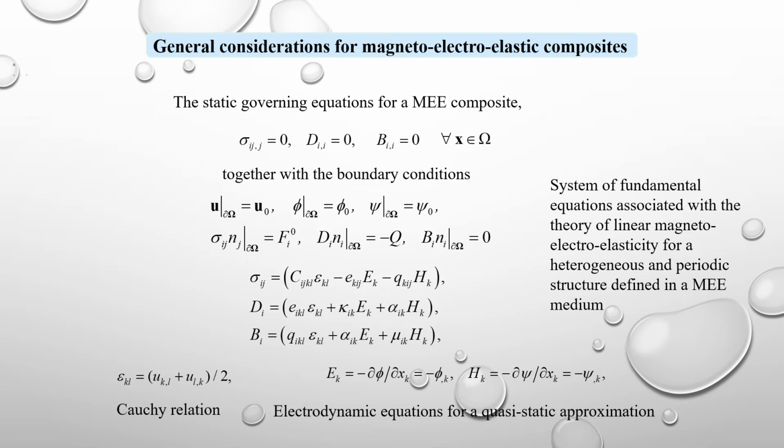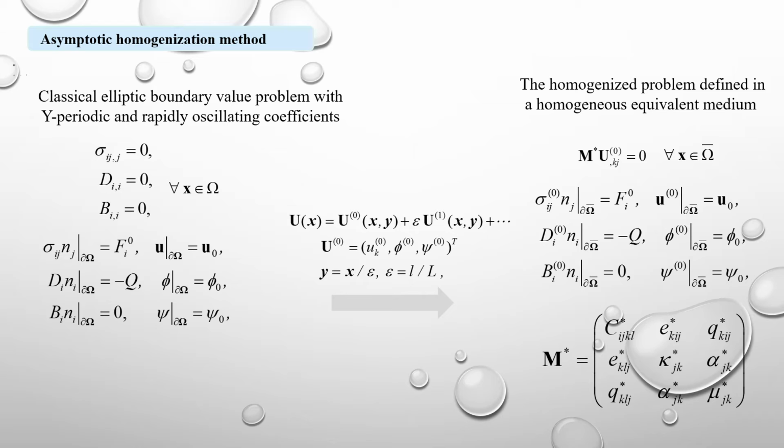In addition, a perfect interface or perfect contact between the phases is assumed. So, by means of the asymptotic homogenization method, the solution of the heterogeneous problem given by a classical elliptic boundary value problem with periodic and rapidly oscillating coefficients is found by means of the ansatz for displacements, electric and magnetic potential as a function of a geometric parameter epsilon, which represents a relation between the macro and micro scales, where